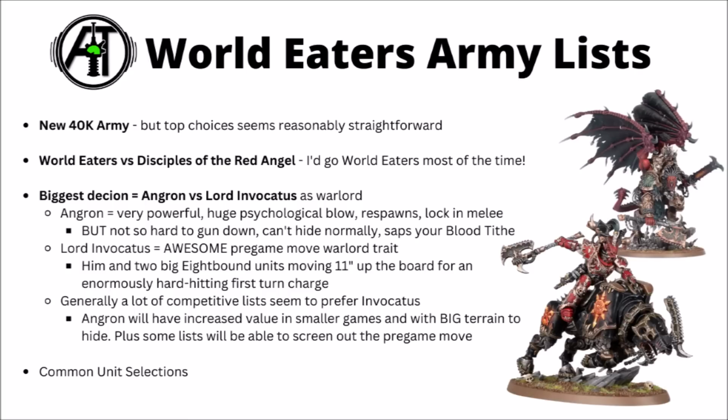I have talked about this in previous videos, but it does seem like the majority of competitive lists that I've seen are theory crafting around Lord Invocatus and not taking Angron at all. The reason for that is that Lord Invocatus has his Warlord trait with a ridiculously good pre-game move. You get to move him and 2 other units a normal move up into the middle of the board, likely